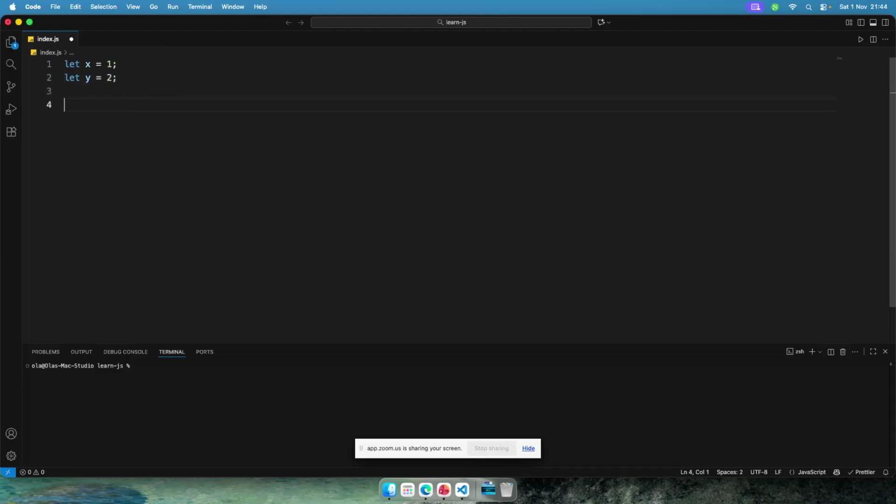So I could say let z equals x plus y. Okay, so this is addition, then I can print z. So I declare a variable called z and I'm assigning z the sum of x and y. So if I click on run,